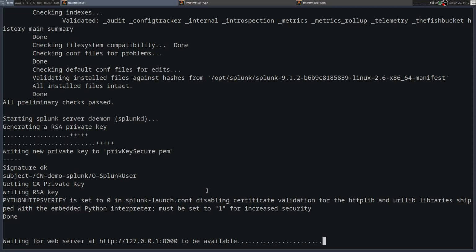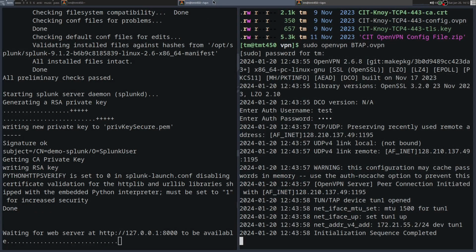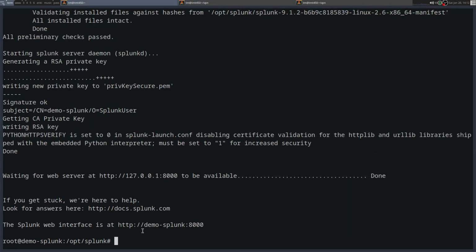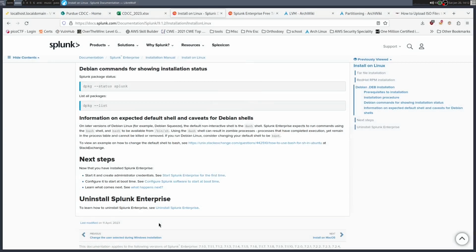So I'm going to need to access this from the web browser. And by the way, to connect to this, you will have to use the BTAP VPN that we have created. But now, don't go to this. We haven't created DNS records for that. So let's just go to